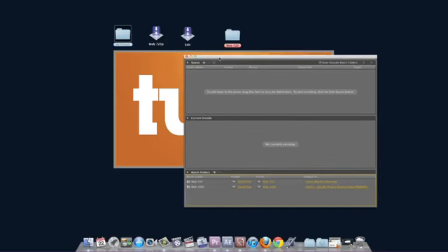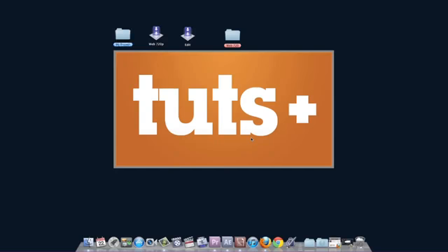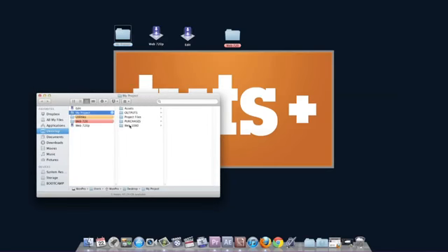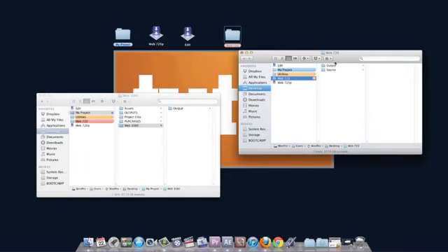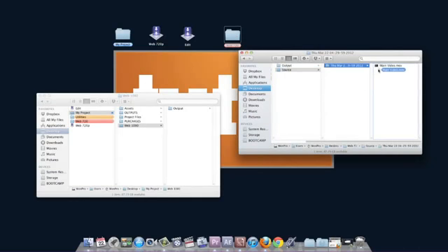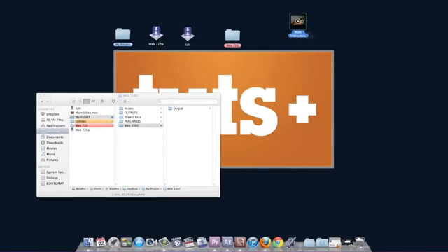I can now minimize this window, or hit Command H and hide it. And so I can go about my day doing my work, and whenever I decide to put a file in here, so let's find the original file that I had, and let's bring it back out the desktop. So if I were to place this file right here inside the Web 1080, or export to it maybe from Premiere,